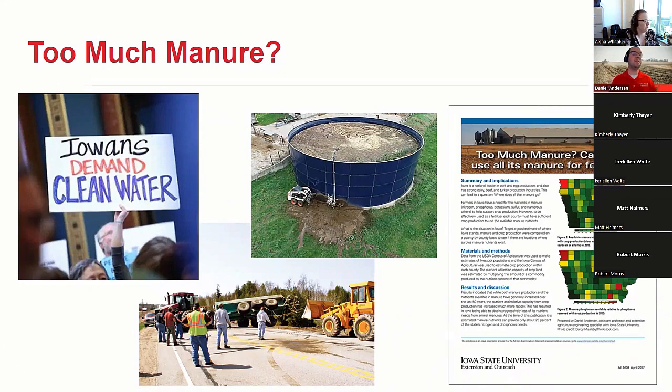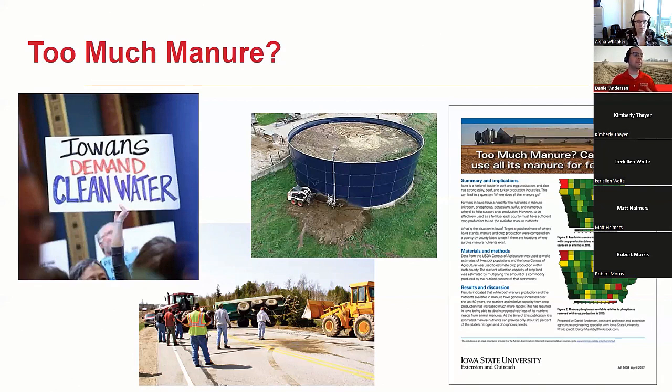And I think there's lots of ways to think about this, and I would challenge you to maybe broaden some of our definitions. The one I think about the most, and I think you probably do too, is: is there enough land in Iowa to utilize all the manure resources we have? I'm going to show you a map in a slide that's a little bit updated from the ones in that publication. But if you're interested in reading more, you can check out that publication. But the agronomic approach isn't the only way to think about it, right? You could say that we have water quality challenges, and some of that's related to manure, some of it's related to cropping systems, but it is something that as we move forward, we really have to think about.